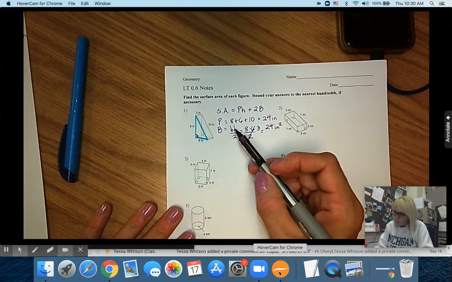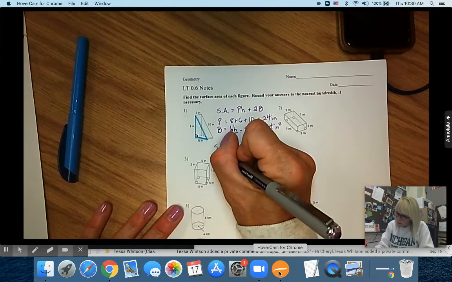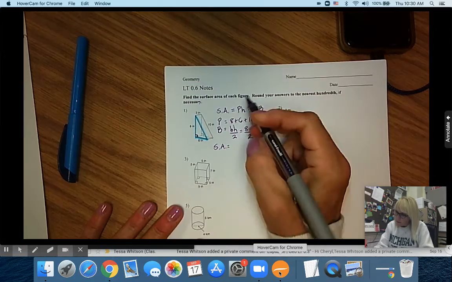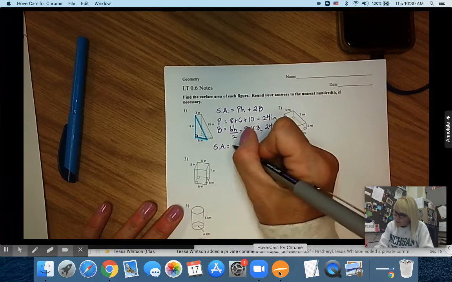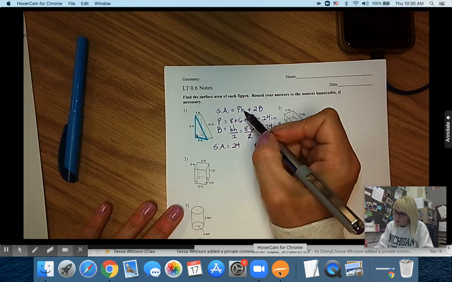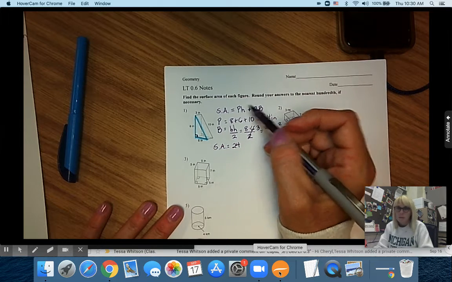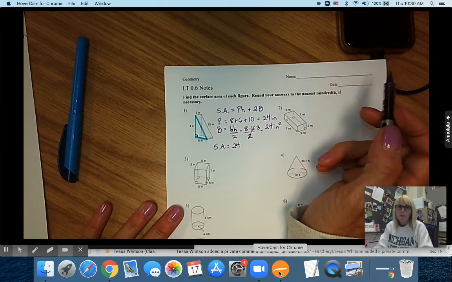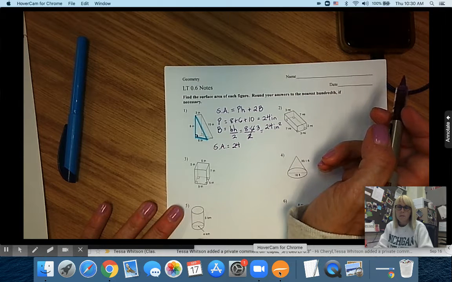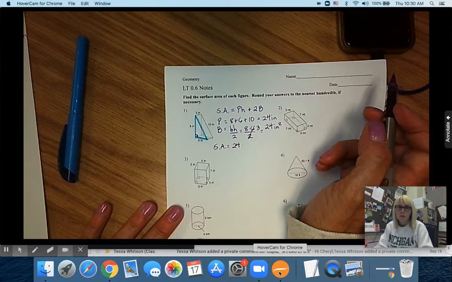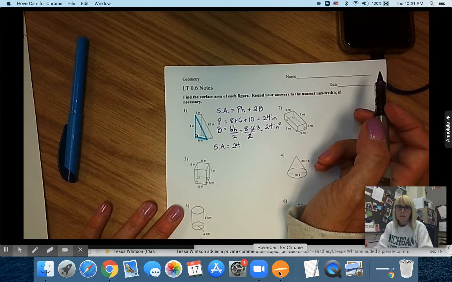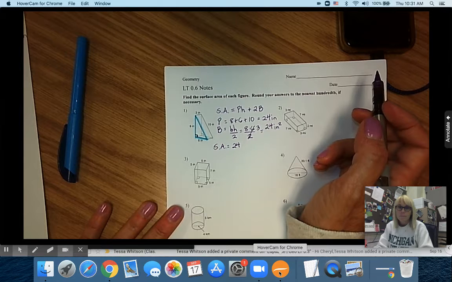Okay, so here's where we go back to our original formula. So then the surface area equals capital P, perimeter of the base, that's 24, times the height. Okay, remember, height is how far apart are the bases. So looking at your picture, how far apart are those triangles? I'm going to pause the video so you can tell me what you think is the distance between the 2 triangles. Okay,